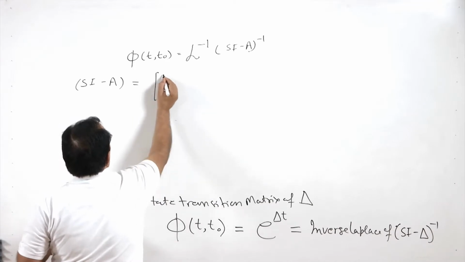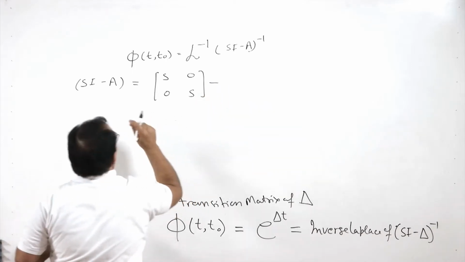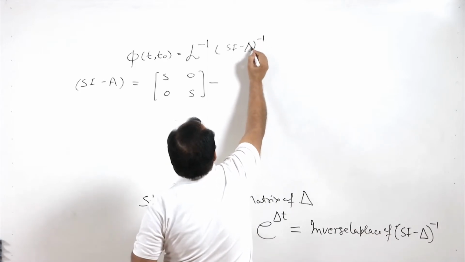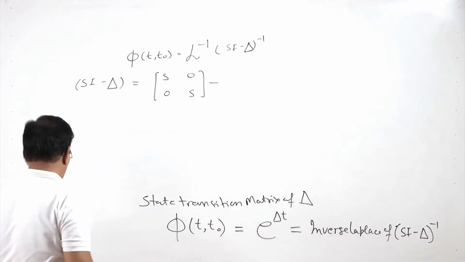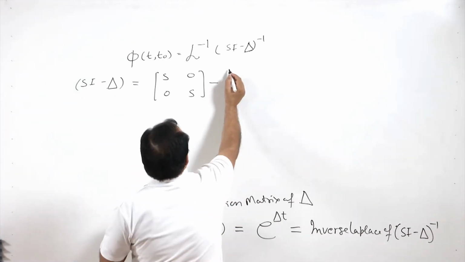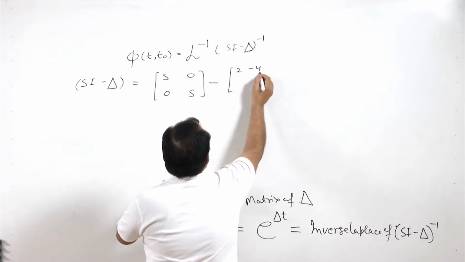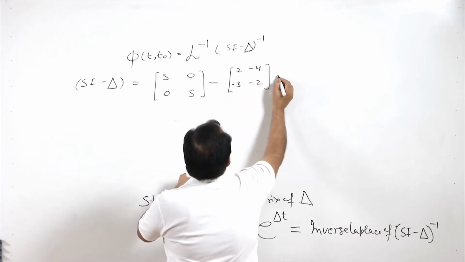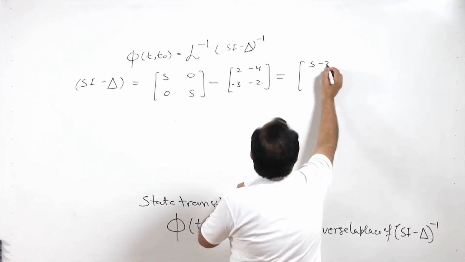So, this will be nothing but my S. Sorry, it is not A, we are using SI minus delta. So, this will also be my SI minus delta which we are using there. So, SI minus delta, delta is 2, minus 4, minus 3, minus 2. So, if I write this, this is simply my S minus 2,